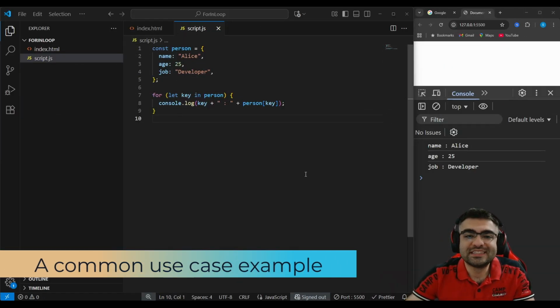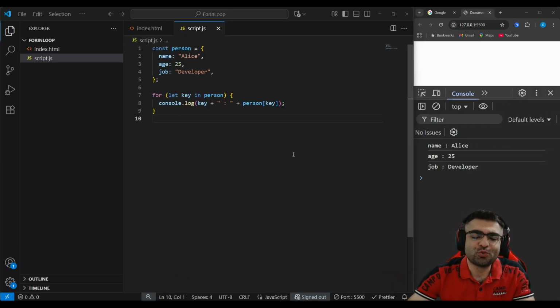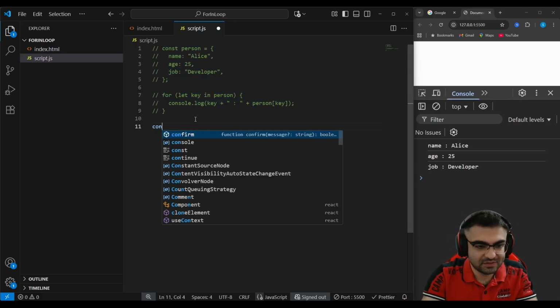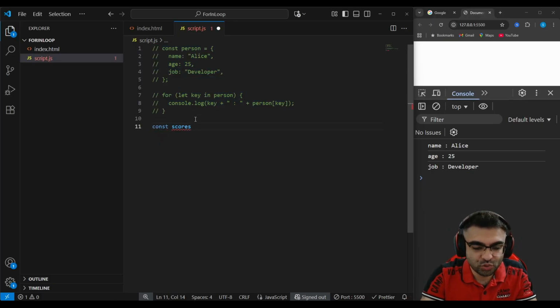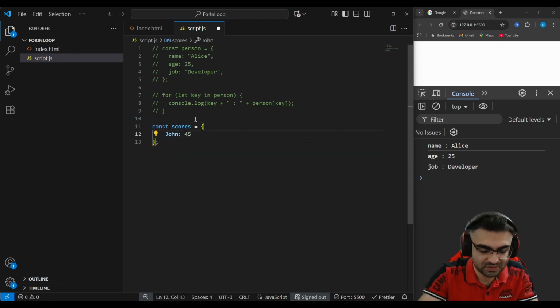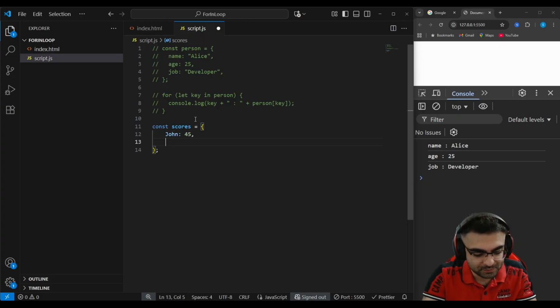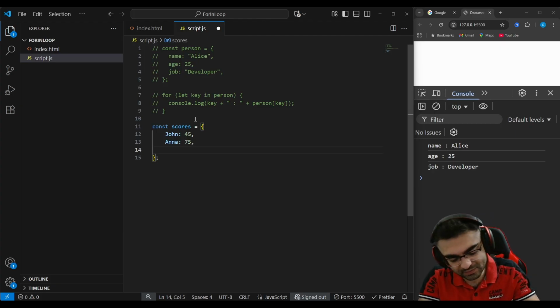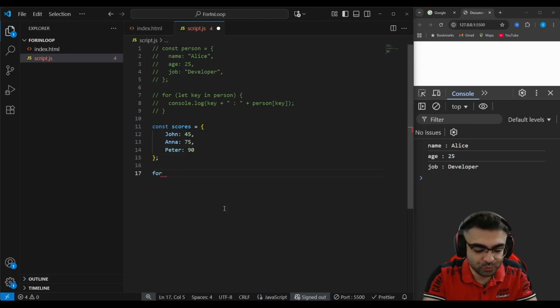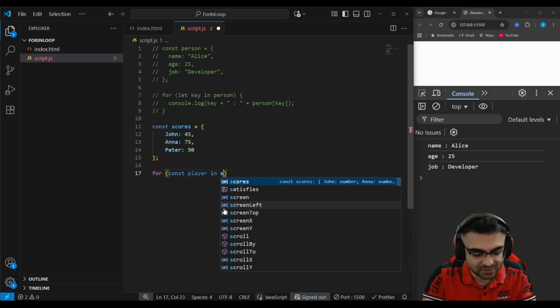Here's a more useful example. Let's say we are tracking users' scores in a game. I'll comment out these lines and add a new variable, scores. We have 3 players, John, his score 45, Anna 75, and Peter 90. Then the for-in loop: for const player in scores,